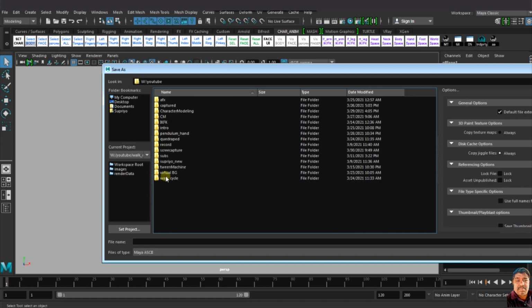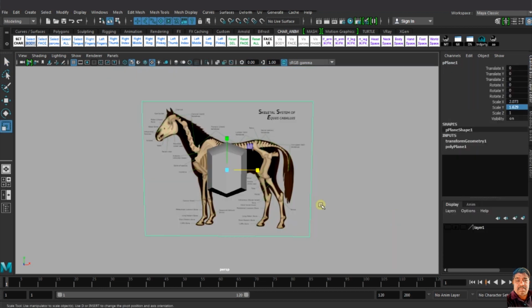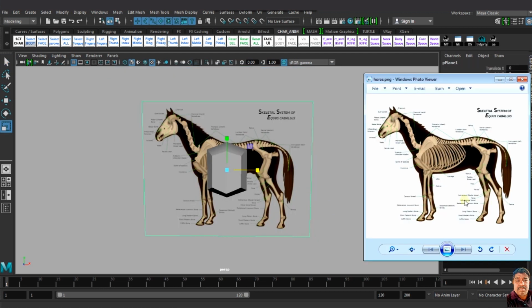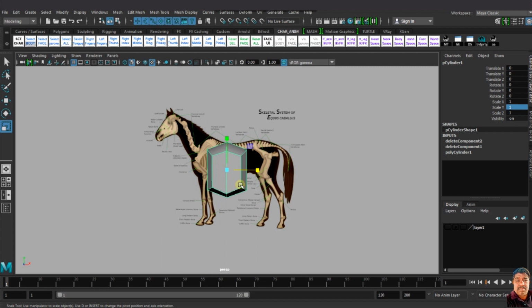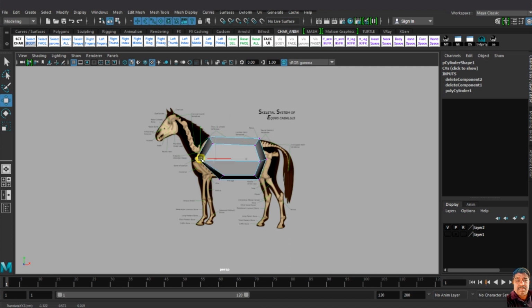So I just save my file. Then I just make my body, rotate, and then go to side view and adjust according to my body, according to the image.